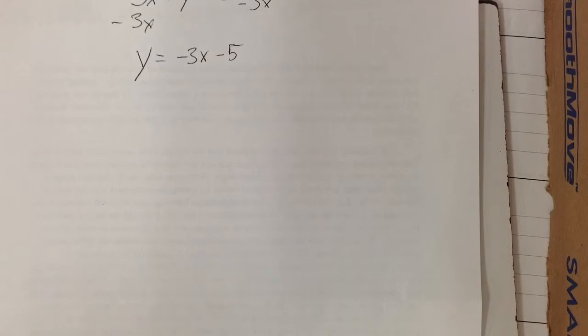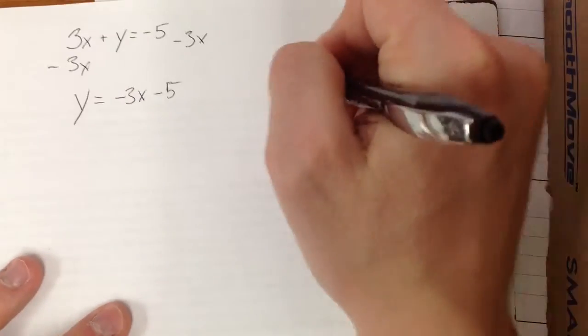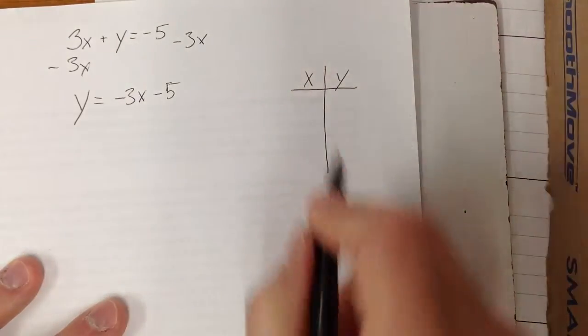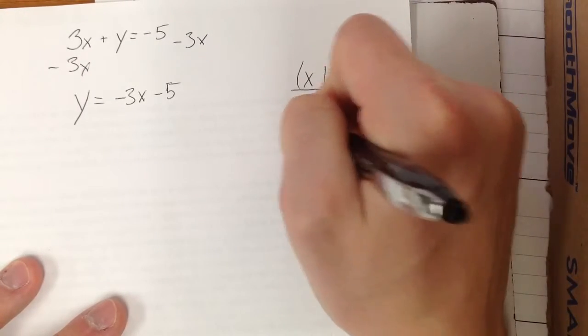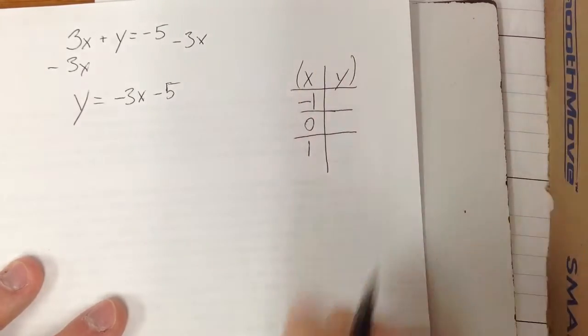Now if they want me to graph, I'm going to need to be able to find some coordinate pairs. And they aren't telling me what x is equal to. So that means I get to pick my own coordinate points. So what I'm going to do is I'm going to build a table over here. I'm going to say, here's my x values, here's my y values, and these will act as my coordinate points. So I'm going to pick some values of x, plug those in, and see what values I get,